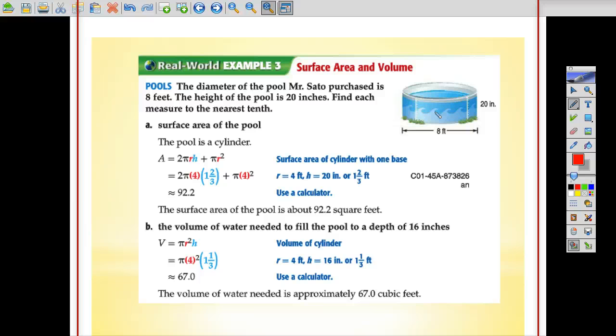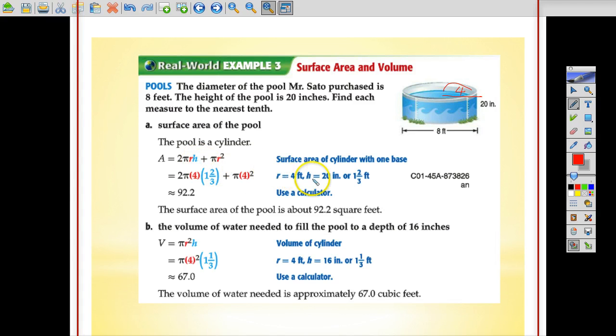So the surface area of the pool is all the area that's covering the surface. The pool is a cylinder. So the equation for the total surface area of a cylinder is 2 pi r h plus pi r squared. Okay, so what is r, the radius? Okay, so the diameter is 8, so half of 8, the radius, whoops, let's try that again. The half will be 4. Okay, so the radius is 4. And the height h